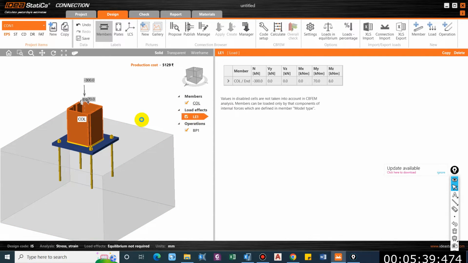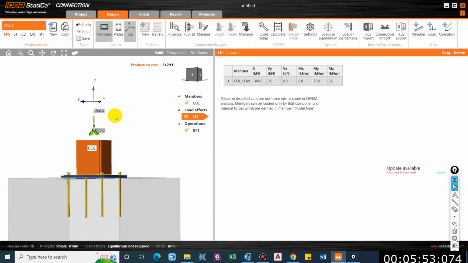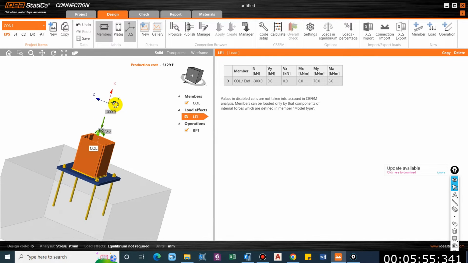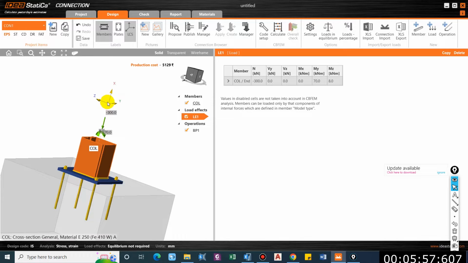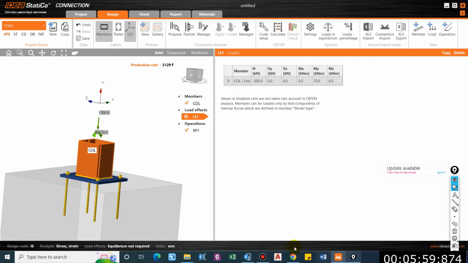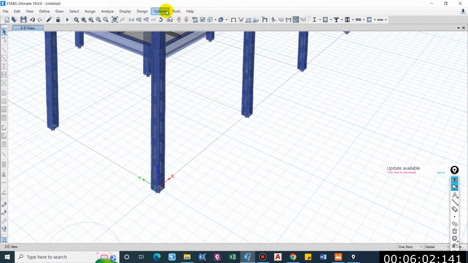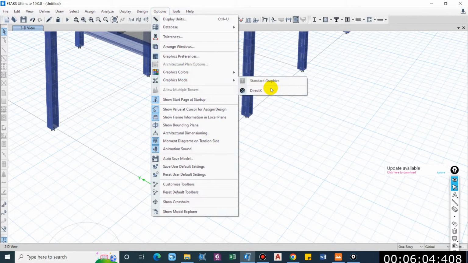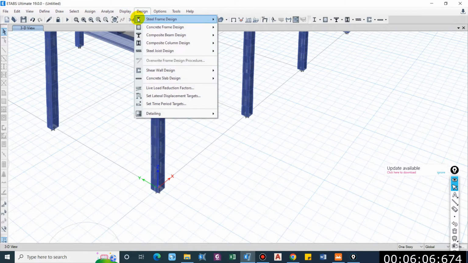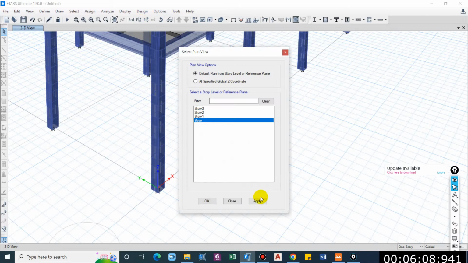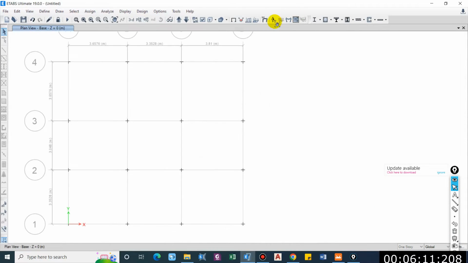Then we have load effects LE1. So we have to assign the load. We'll consider the axial load and the moment on either side, that is My and Mz. Keep the local axis on and you can simply understand this. It is a little bit different from ETABS because we had x, y and z. So now let us see the load from ETABS. Firstly keep this as standard graphics, okay, and go to the plan for the base and we'll see the reaction